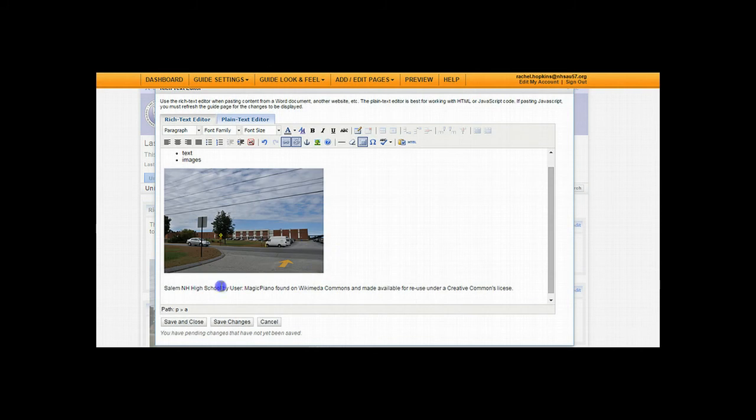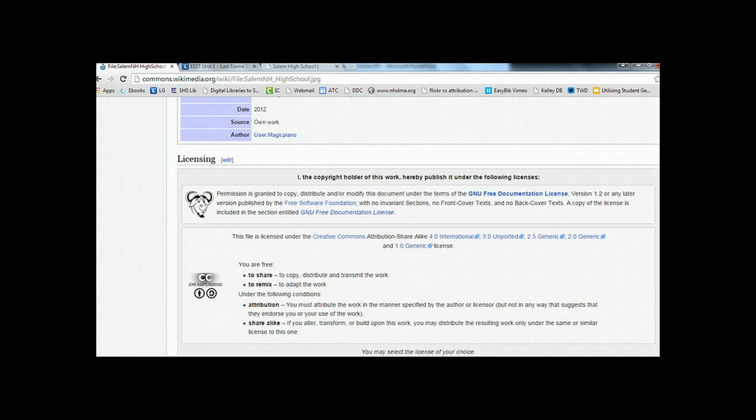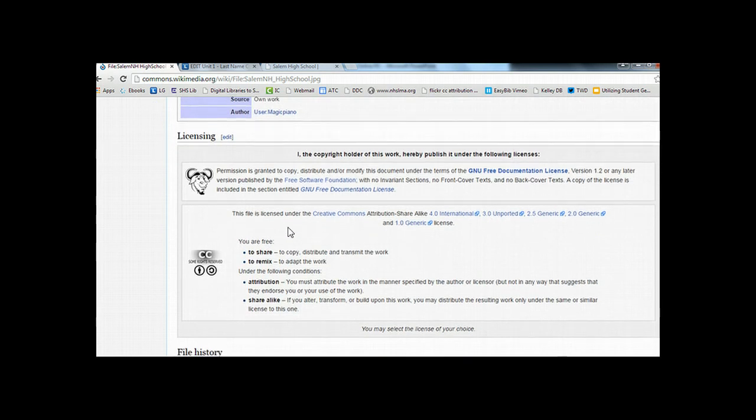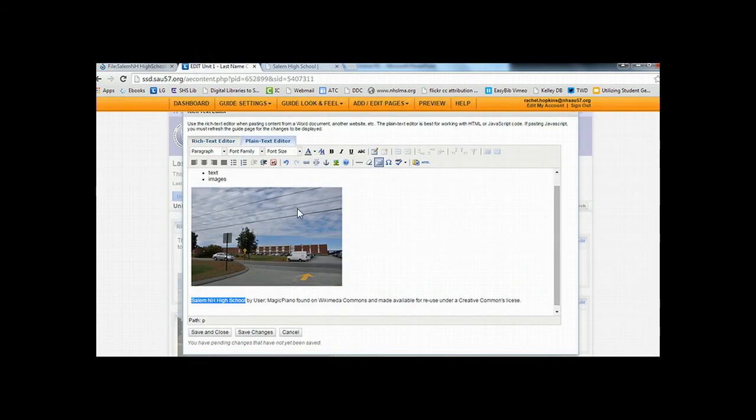I also want to send my viewer back to the original image if they're so interested. So I'm going to highlight some text, and this can also be done, what we're doing here, in a Google Doc, in Outlook email, etc. So I'm going to highlight that text. I'm going to come back to the page where I found this image, and I know that I am able to use it because it is licensed under Creative Commons license, so I'm free to share as long as I give attribution. So I'm going to copy this link in the top,